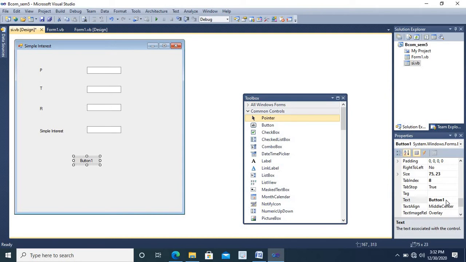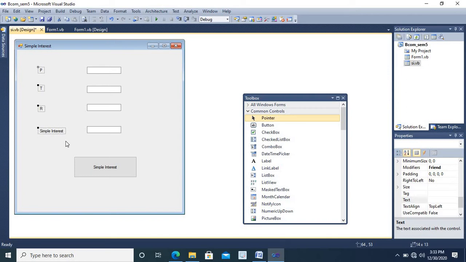For Button 1, change the text property to simple interest. The button size can be increased. Other properties can be changed as per the requirements. It is also possible to change the properties of all the controls at once.